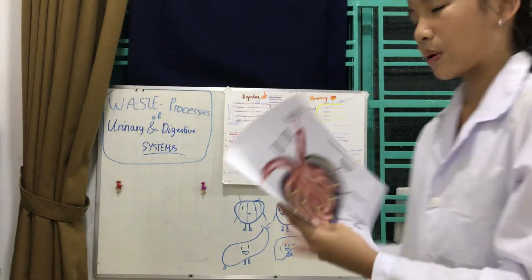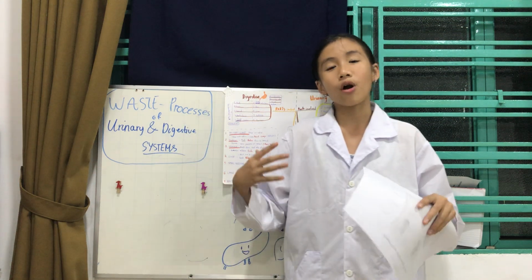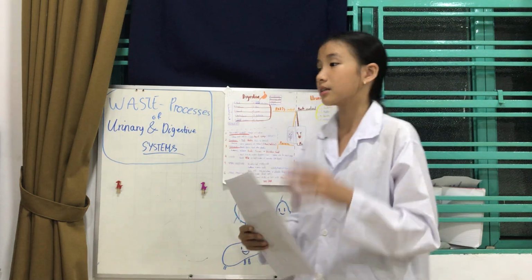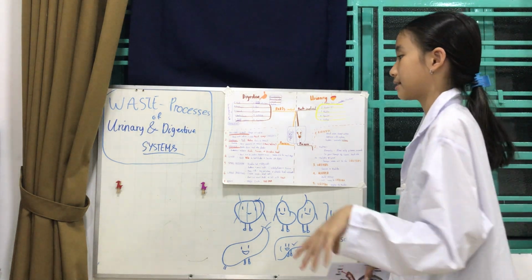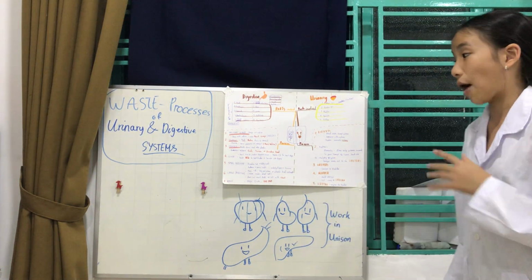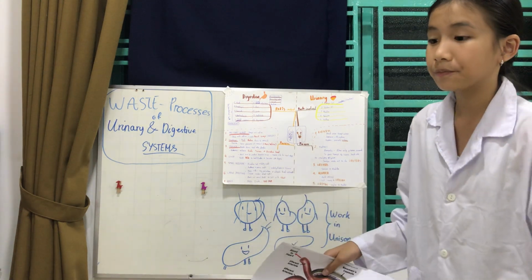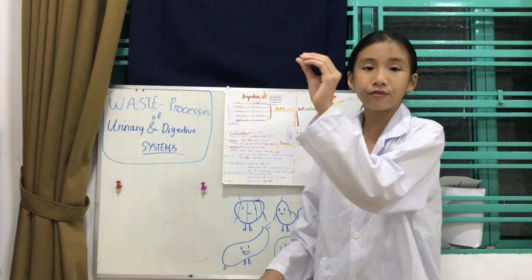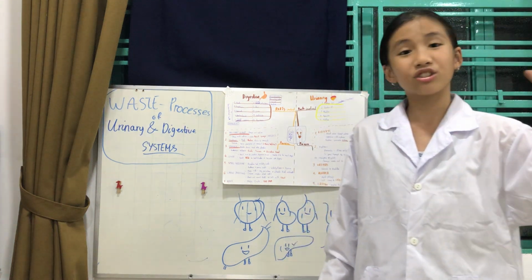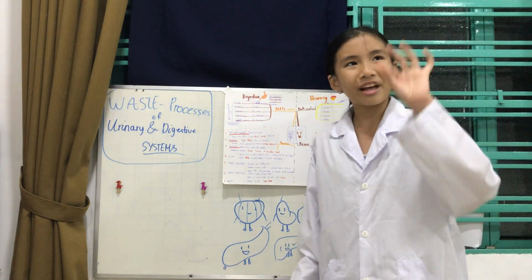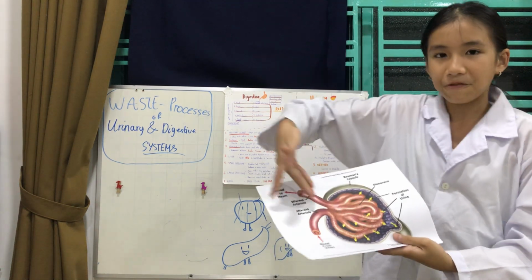What is its purpose? Well, its purpose is to filter the blood. Like I said before, some of its main purposes is to filter out the blood, and the nephrons help to filter it. Firstly, the veins and arteries carry the blood into the kidneys to filter it. It will branch out into little branches until it reaches the nephron.